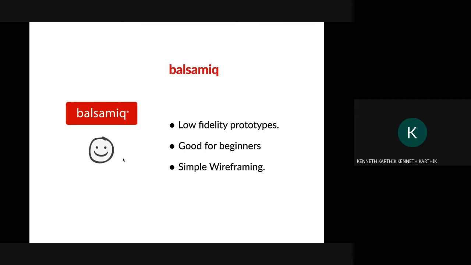And then Balsamiq is a good place to start if you have no experience. It's for simple wireframing and low fidelity prototypes where it's just for you to draw. Even the name itself, Balsamiq, is actually a type of wood which is used for prototyping models in the aircraft industry, for example. So people first build it with Balsamiq, and that's generally a prototyping tool, and that's the first step before actually trying to attempt the real thing.